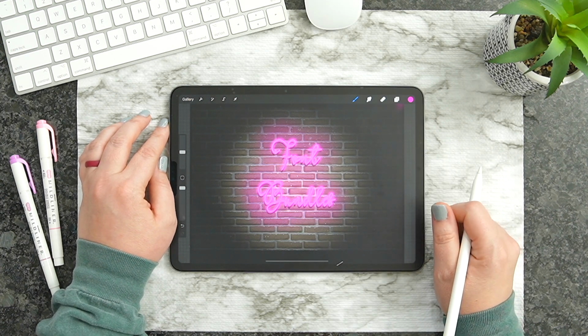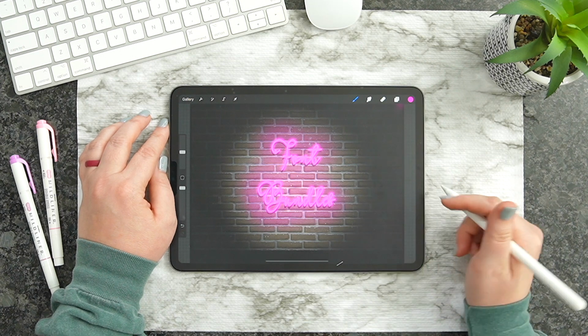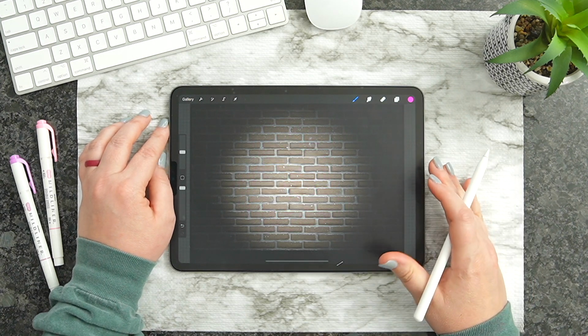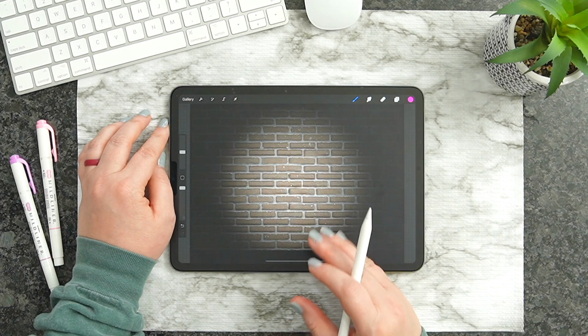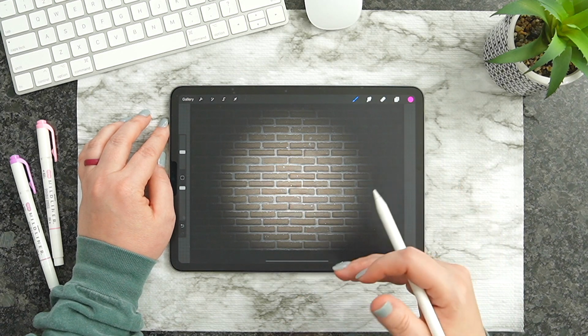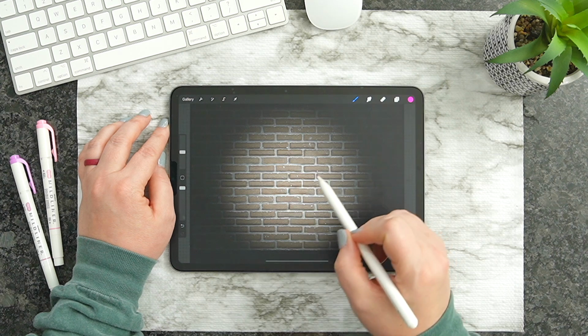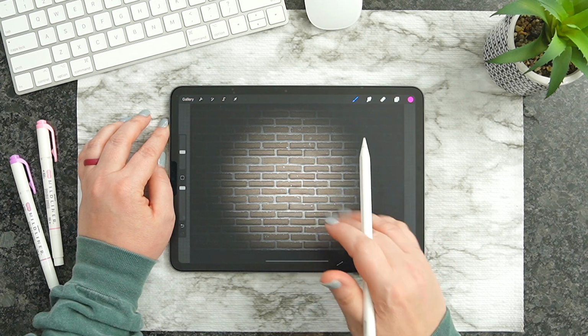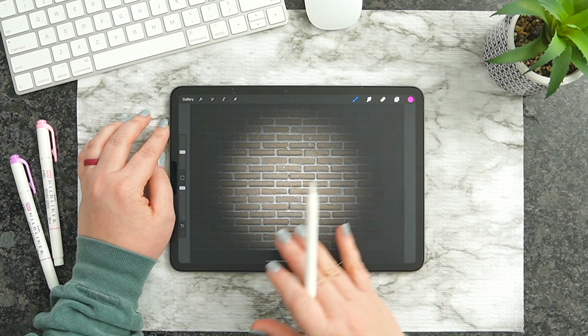All right, so let's go ahead and look at our second method here, which is using bloom. For this next method, I have taken us all the way back to the part where we have added our background, brought down the hue and saturation for our break, and then I have lightened the center. So I left all of that.